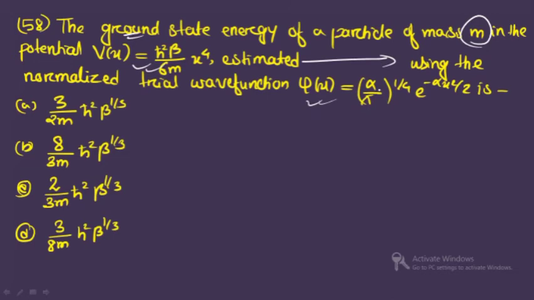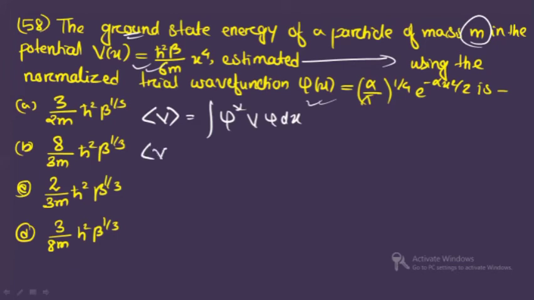So we will use the variational technique, we will find the average of E, and then we will differentiate with respect to the parameter. So the parameter here is what? It is alpha here, right? So this is how we will do, and then we will put the value of alpha in the average of V. So for this, first of all, we will find the average of what? V. Clear? I'm not writing all these given things, that will be just covering much time. So directly I will just find the average of V. So the average of V is what? Integral of psi star V psi dx.